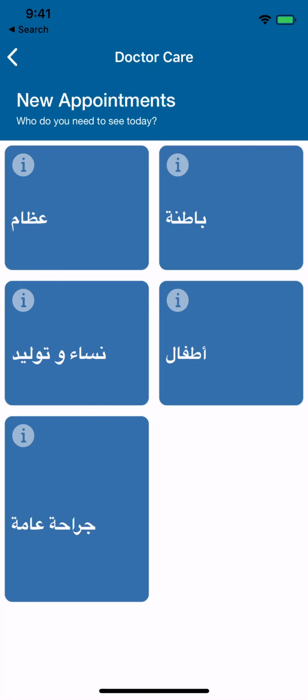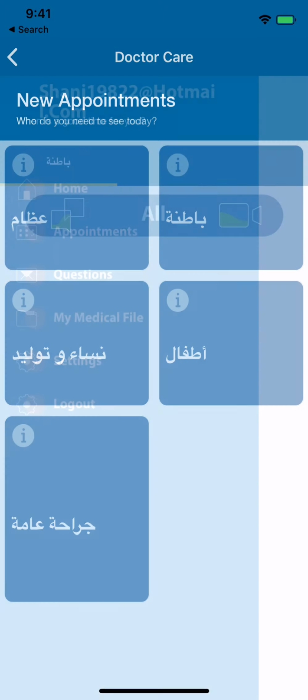One is general physician, child specialist, and the women section, and orthopedic, and so on. So here we have five for now. Let me create an appointment with this general physician.